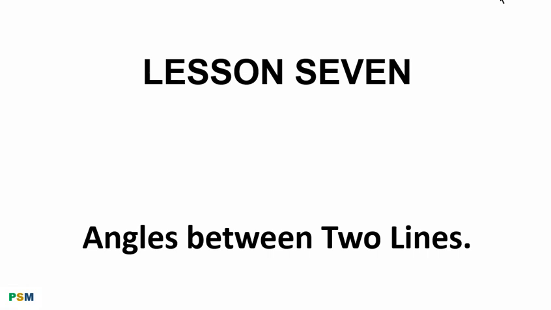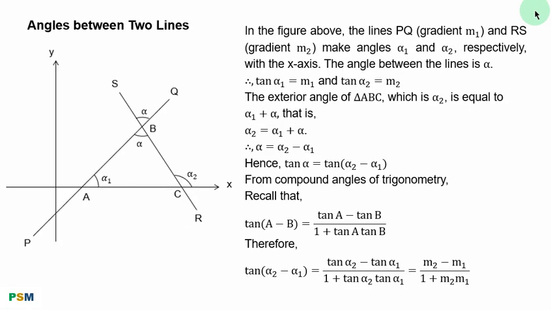Lesson 7, angles between two lines. In the figure above, the lines PQ with gradient m1 and RS with gradient m2 make angles alpha 1